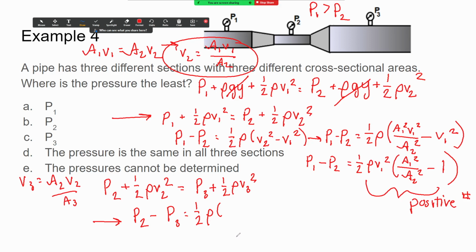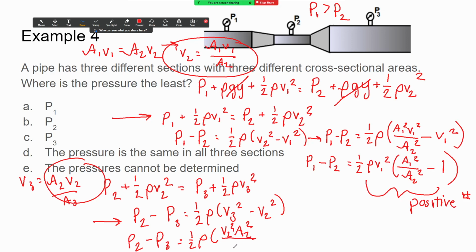Write that a bit better. V3 squared minus V2 squared. Okay, and now I'm going to plug this in for V3, so P2 minus P3 is equal to 1/2 rho V2 squared A2 squared over A3 squared minus V2 squared. So this ends up with the same reduction as above, and that is 1/2 rho V2 squared times A2 squared over A3